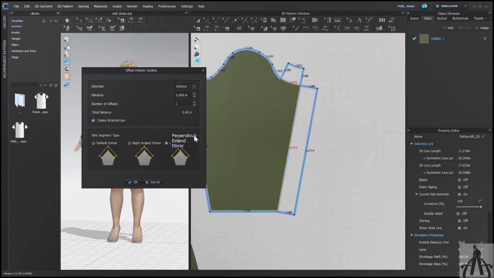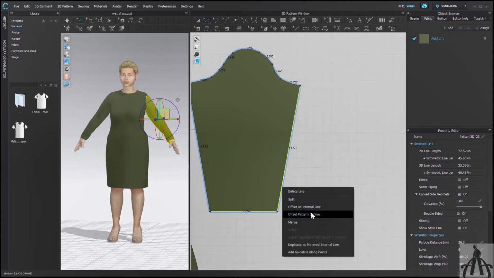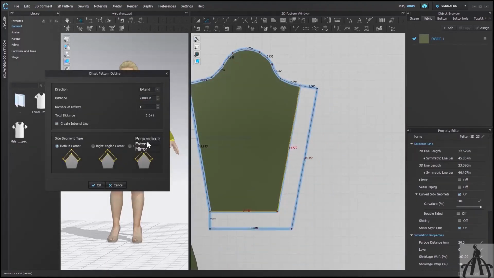Next we have extend here. It can't be used here because for that we have to select the shape properly. So I will select this L-shaped area of the sleeve. Extend will help you to increase your pattern evenly. You can notice that in perpendicular, that line which was going at a 90-degree angle will itself become a little slant to maintain the shape of our pattern. About right angle we will learn separately. And unfilled corner will do the same thing while maintaining its shape. It will cut the edge of the pattern.